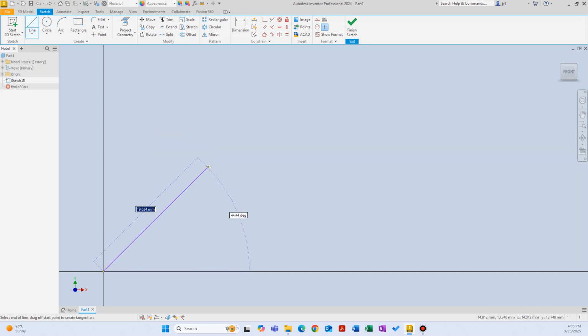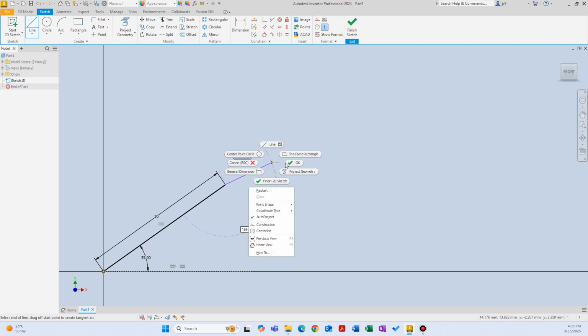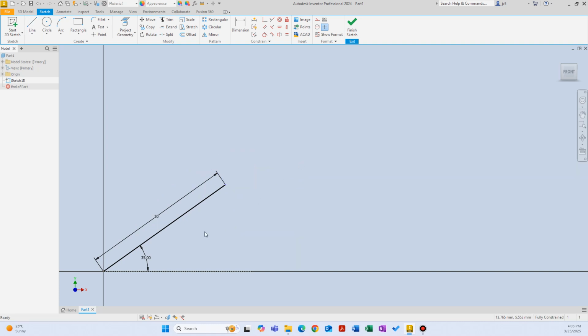Start from the origin point, assign the length, hit tab, and then assign 35 degrees. Now right click OK and get out of that command. Now you see that the color of the line changed from this blue purplish color to a black color, which means that it is fully defined, fully constrained. It has a specific location in the space. And just to confirm that, you can look at the bottom right corner. It says fully constrained. It is not asking you to assign additional dimensions or additional constraints,